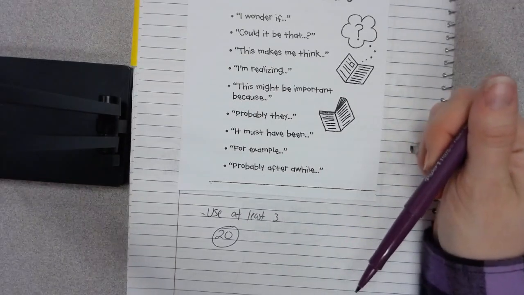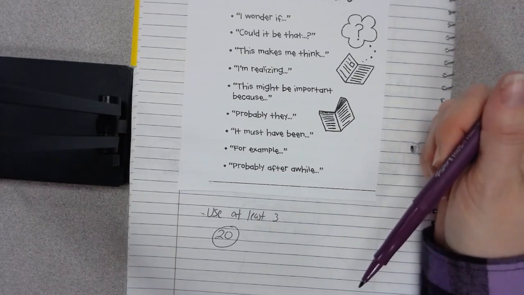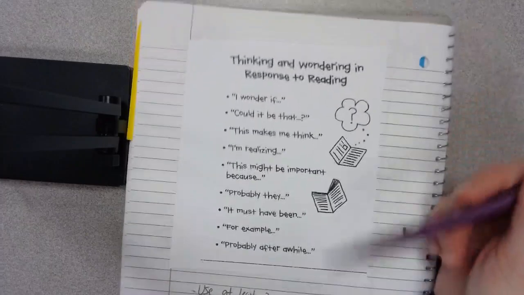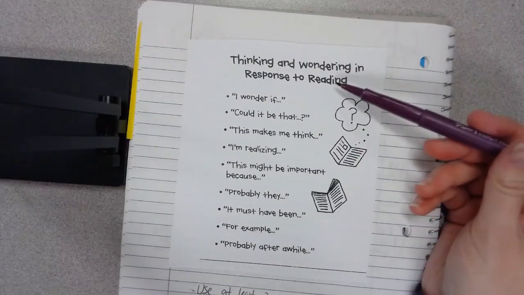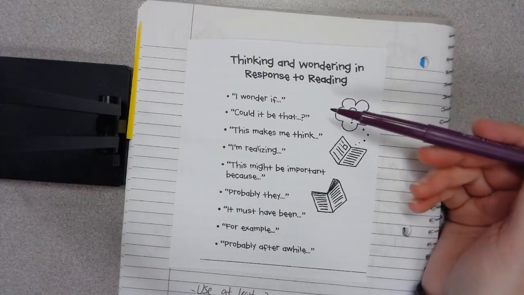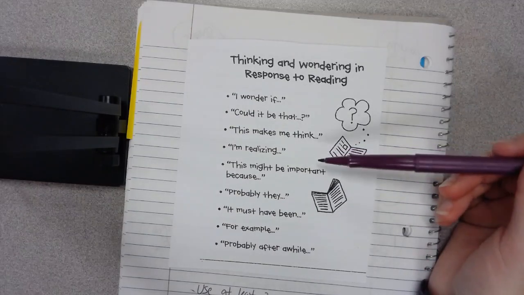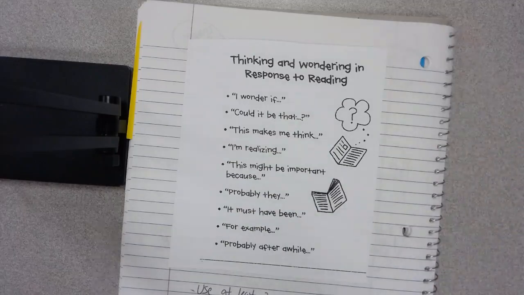So you can always use the clock or set a timer to make sure that you're spending 20 minutes on this today, because I don't want this to be a lost day. You can get this chart from my green stool in the front of the room. I'm just going to put them there on top of my notebook. So you'll be able to get this chart from there. So make sure that you do that today.